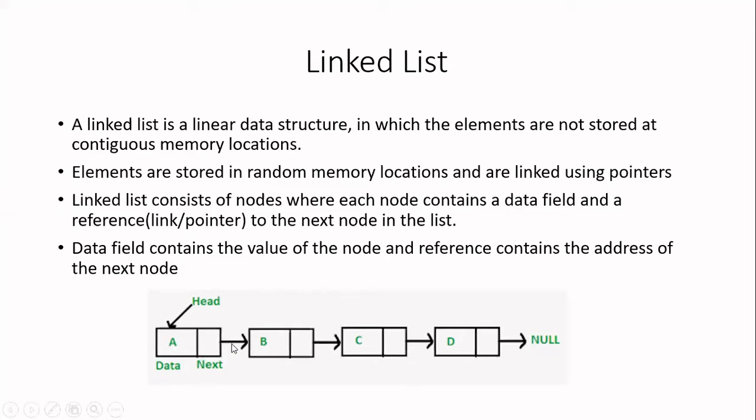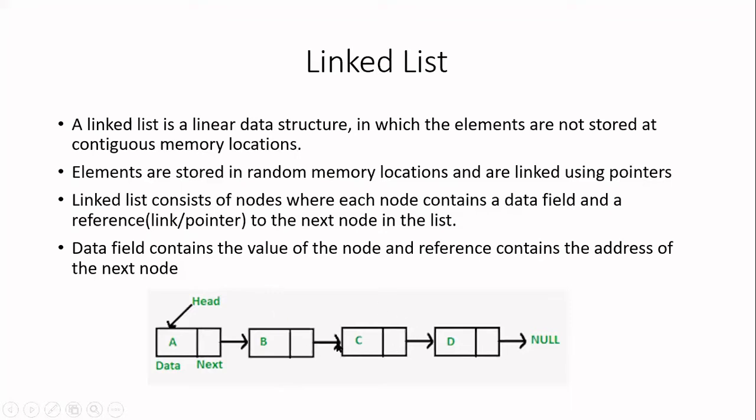And if you have links like this, there will be some node present at the end. If you see the link field of that end node, it will be null. Null means it is not pointing to anything. It will be stored with a null pointer. And one more thing we will have, which we will see clearly in the implementation. There will be a node known as head that will contain the address of the first node. If I want the address of the second node, I get it from the link field of the first node.